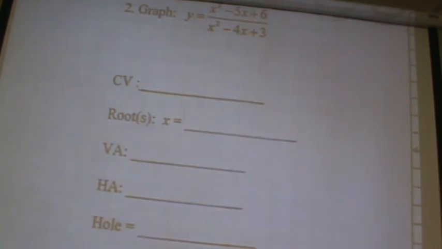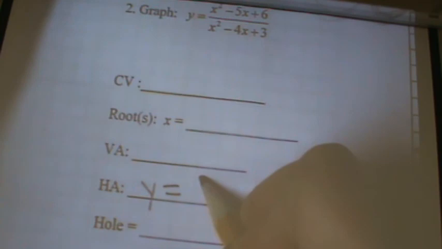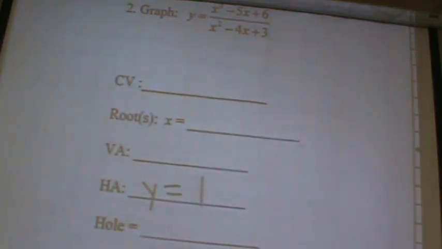You said 3, I heard 3. What's 3? Horizontal. No. Vertical. What is the horizontal asymptote? That was from Friday. How do you do the horizontal asymptote? You gotta do the x's over each other. The degree of the numerator